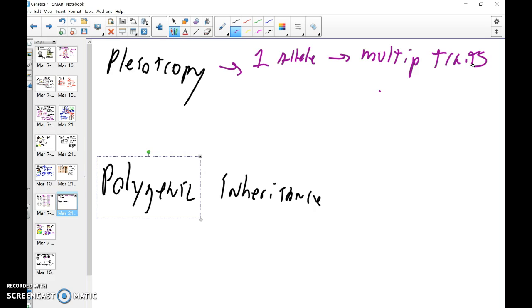Now, the opposite side of that is what we call polygenic inheritance, where you have multiple alleles that lead to one trait. And that's actually how you end up with the complexity that is human height or human skin tone. Because there's like 10 or 15 different alleles that combine to give you a variety of possible skin tones, or that combine to give you a variety